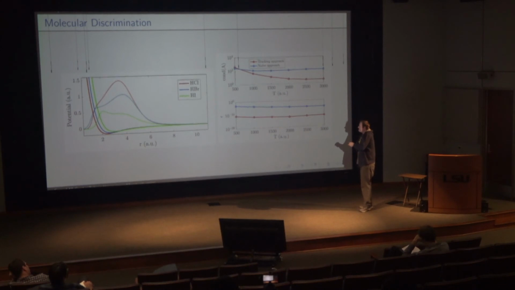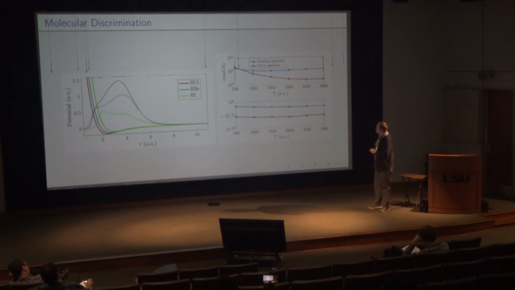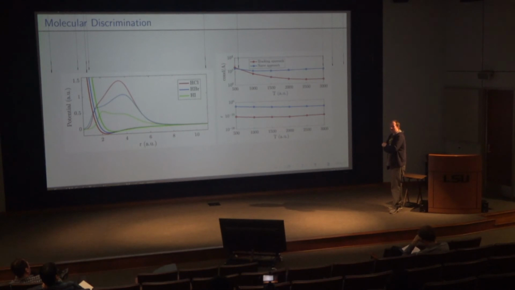Well, we can properly characterize this in terms of the error. So if you have your vector of concentrations that you calculate, and then the actual target vector, which are the true values that you used, and you look at the norm of the difference, this gives us our error. You can see here that for the naive transform limited pulse, the errors are 10 orders of magnitude higher than what you get with tracking. So in this molecular case, it seems to be quite successful.